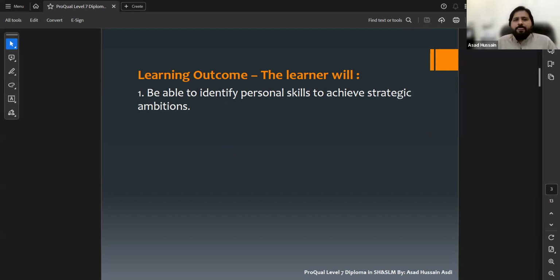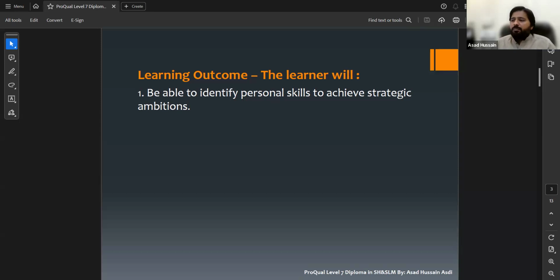Basically, individuals working in the organization should know what personal skills they require to achieve strategic ambitions. Ambitions means desire, the outcome, what they want to actually do.